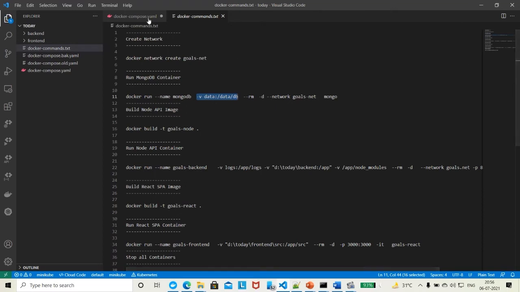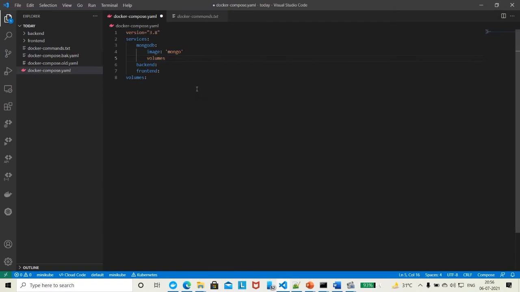So here we will give the persistent storage information, the key. This is called an array. This volume can have multiple values, but here we have data and data/db, so it is fine. So here we are with the volume.